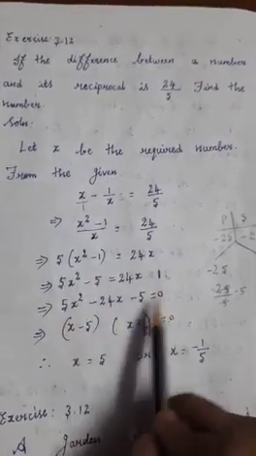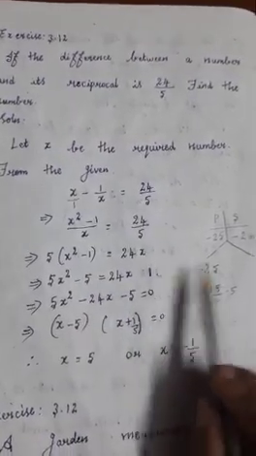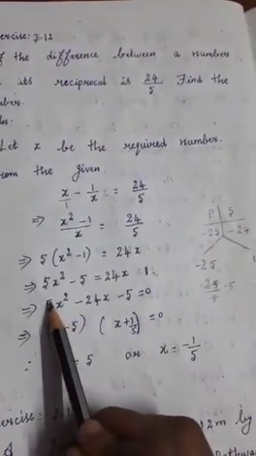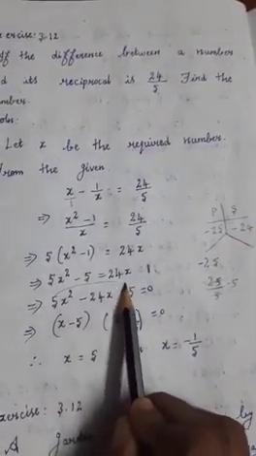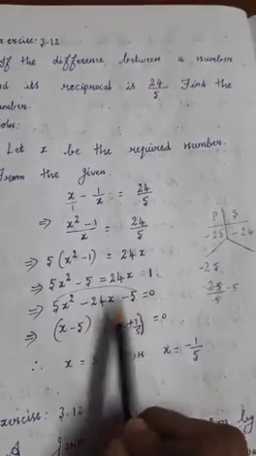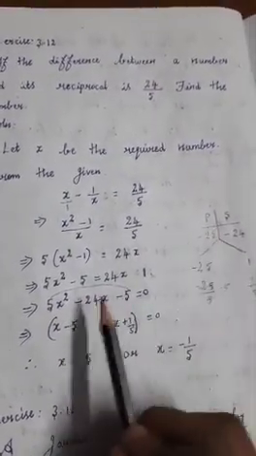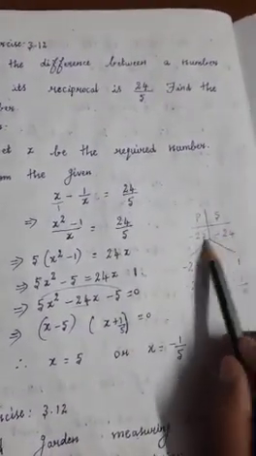Now we know that we have got the quadratic equation. So how can we solve the quadratic equation? We know the product sum method, so you can use the product sum method. Now we know which parts we have to multiply, that is the product: the coefficient of x squared and the constant part. So 5 into minus 5, that is minus 25. The sum is the coefficient of x, that is minus 24.